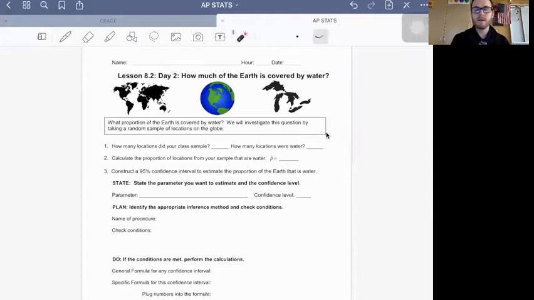We are continuing our study of confidence intervals with sample proportions. And we are actually going to be practicing constructing one just with the context and going for it, but learning about a structure that we're going to use to do that. So today's context is how much of the Earth is covered by water, which is a stat that you guys can just Google search and find the answer to, but we're actually going to use a random sampling technique to